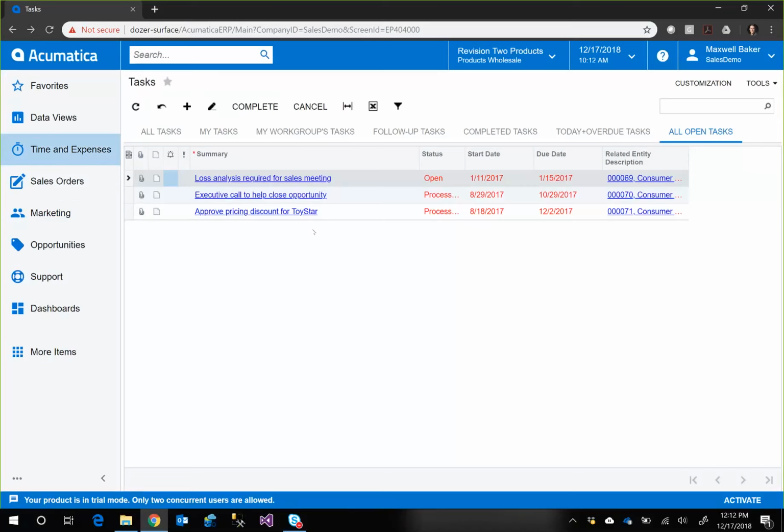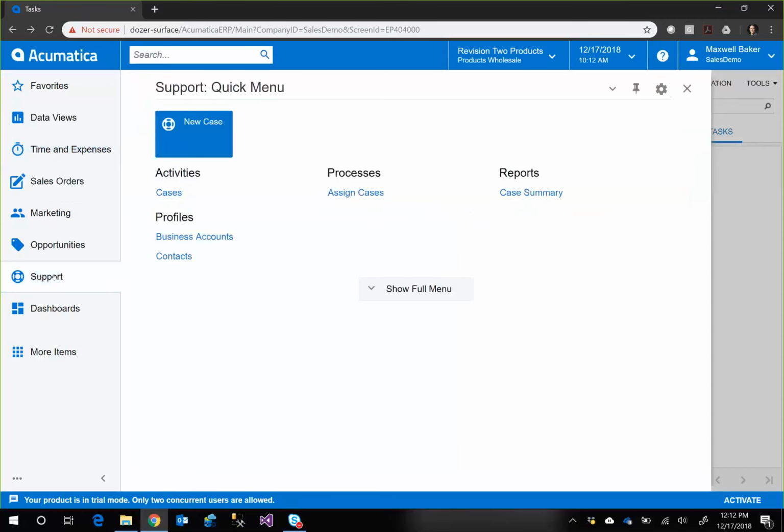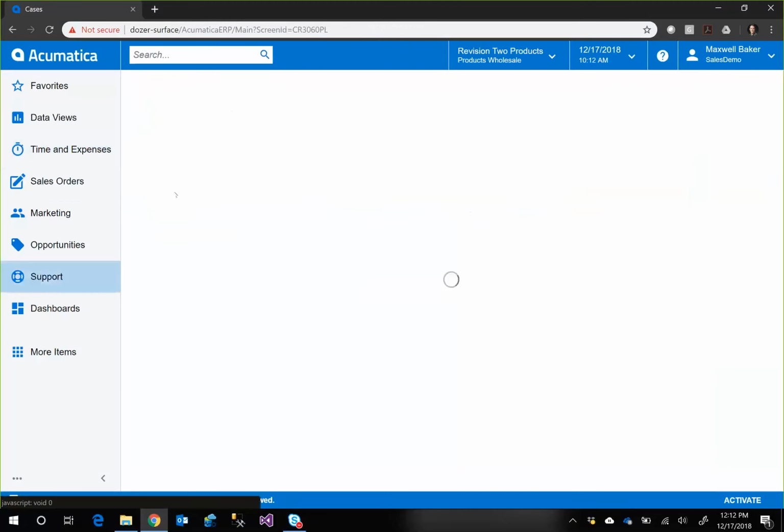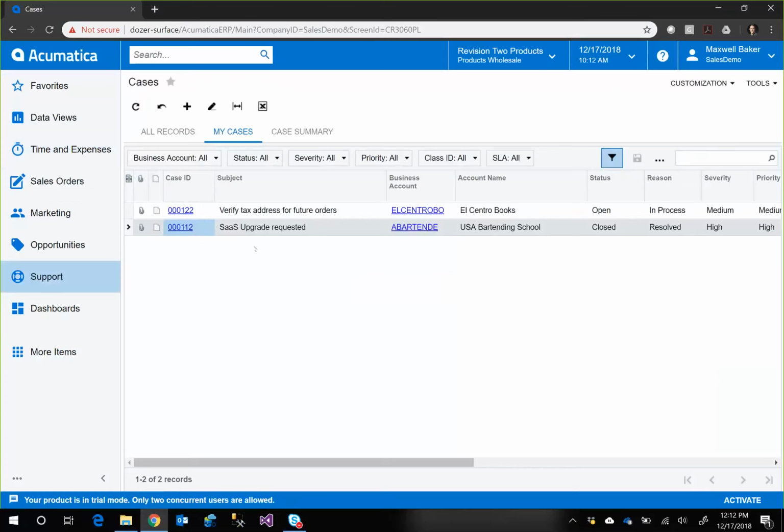So the last thing that I'd like to take a look at today is, in that example, we went from a lead to creating an opportunity to quoting that out and turning that into a sales order. So what happens to managing those relationships with the customers moving forward and supporting those customers? So there's a section of the application that falls into that CRM area, but is actually for support. So I can come in and create a brand new case, and this can be used in a variety of